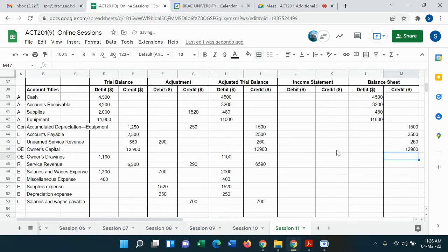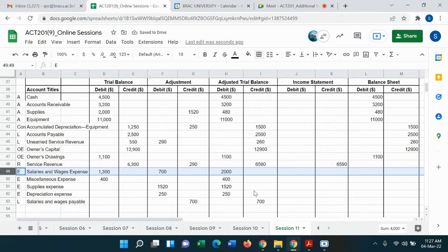12,900. Actually, it should go to the owner's equity statement, but because we are not preparing the owner's equity statement here, it should be transferred to the balance sheet. Owner's drawings in the balance sheet, debit. Service revenue, income statement, credit